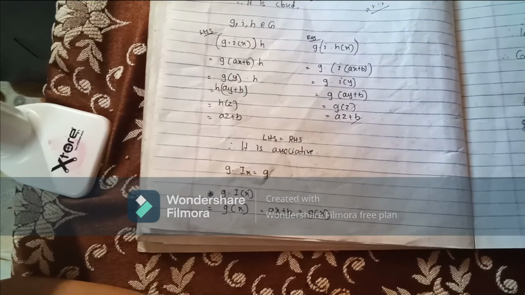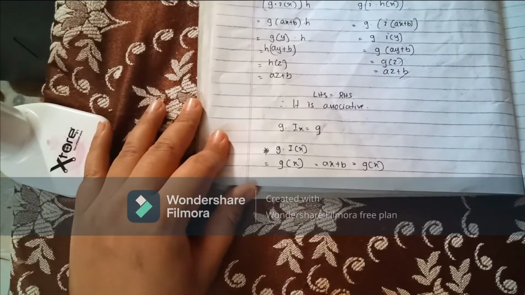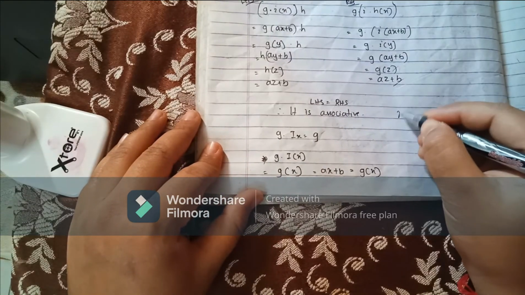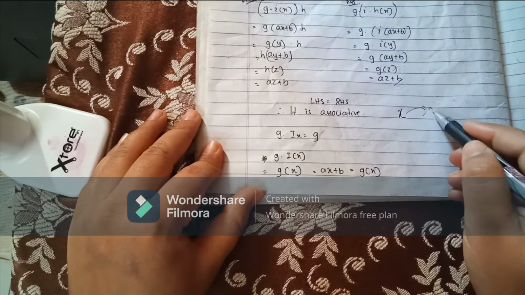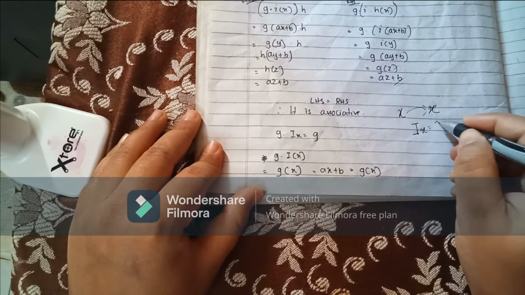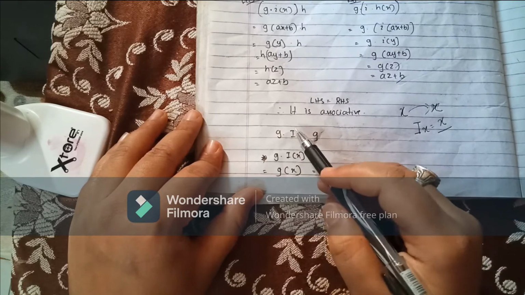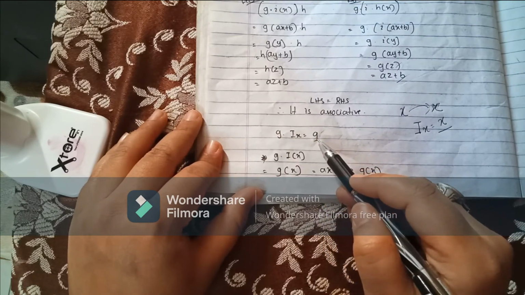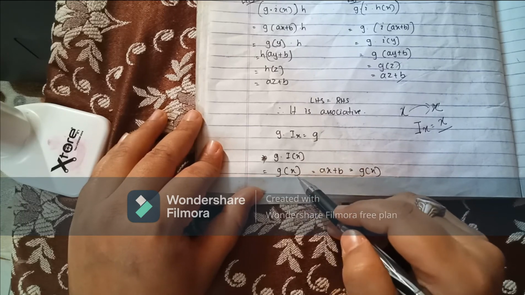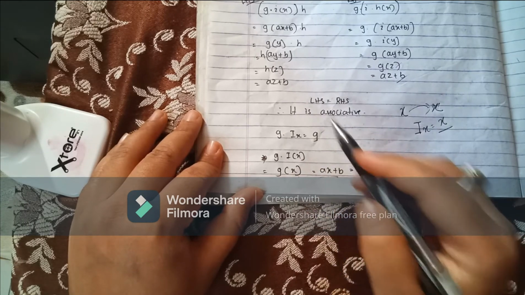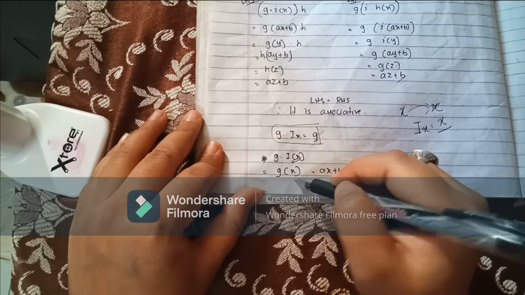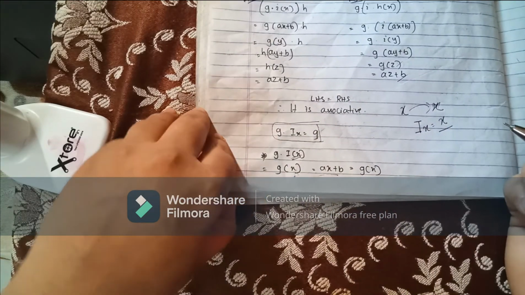Now for identity and inverse. Look, we know that identity of any mapping, if I am saying this is the identity mapping, that means x will map to x only. Whenever I am saying identity of x, that means it is mapping to x only. So g of I of x is equal to g of x. I of x means what? x. So g of x means it is ax plus b, right? That means I am getting true. That means identity of x is x. So identity also exists, that is x.